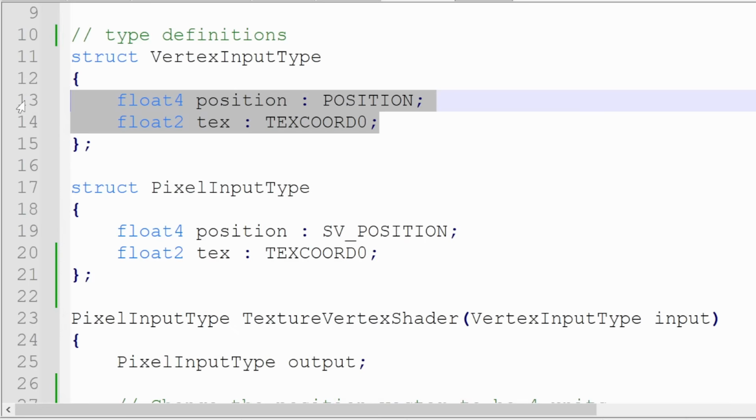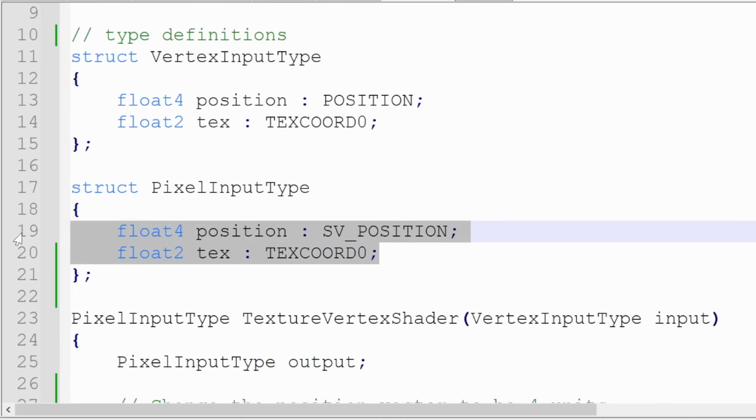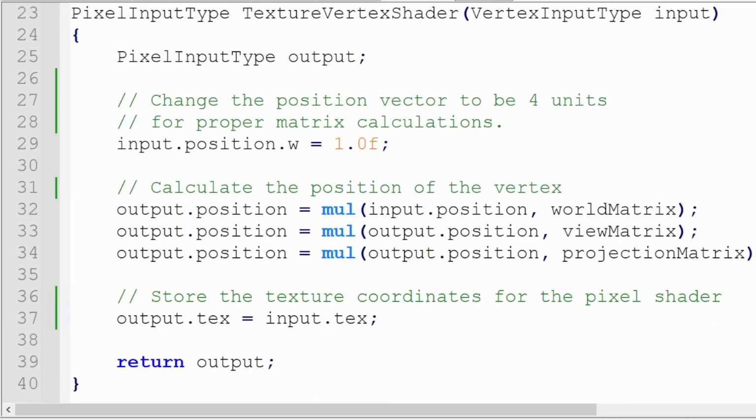These represent the vertex shader's input, being a float 4 for the vertex's position in space and a float 2 for the texture coordinates. We'll come back to this in a second. The output of the vertex shader function below will become the input of the pixel shader, which will be the clip space coordinates and the same texture coordinates. Down here is the actual meat of the shader program, and you can see that all the vertex shader does